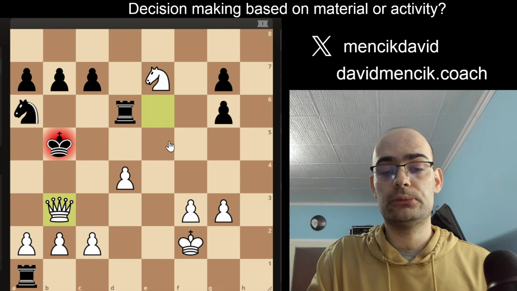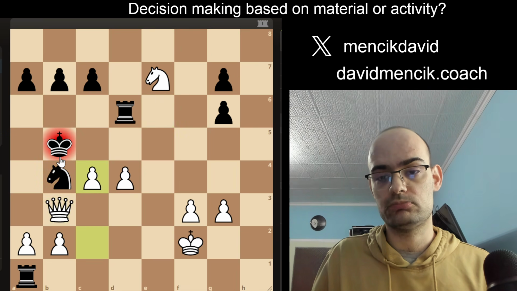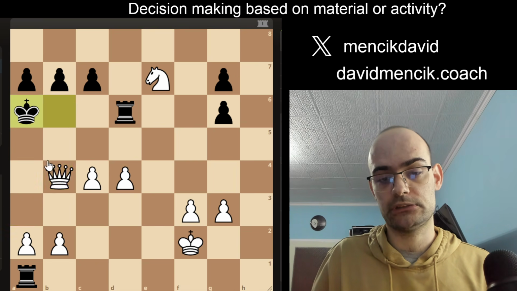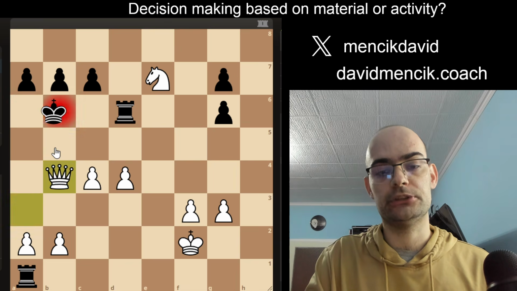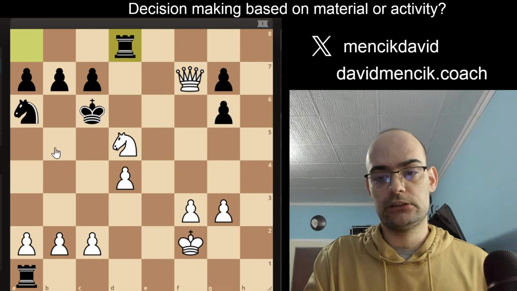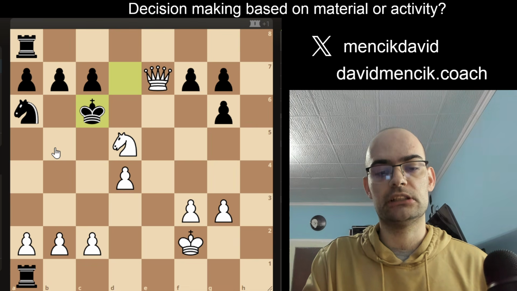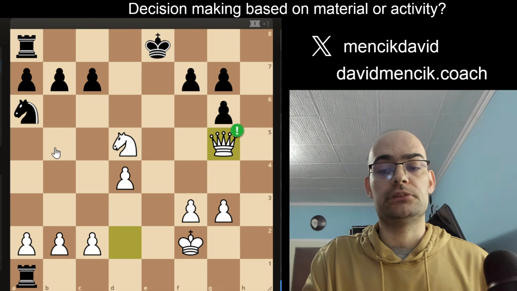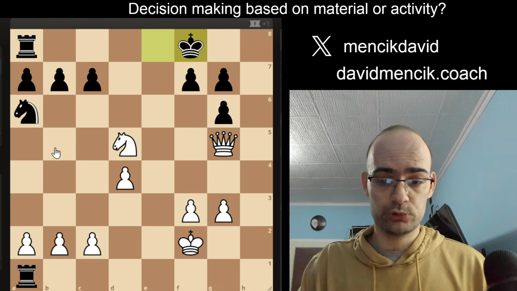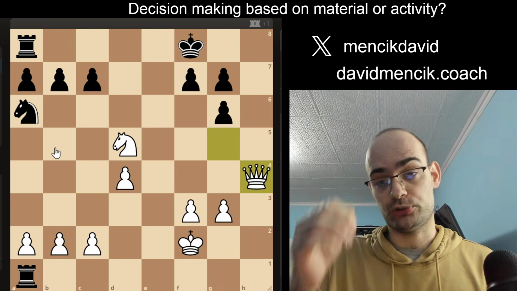Alright, so knight b4 also stops mate, but not for long. We will take the knight, and yeah, the position is quickly ending up in checkmate. Okay, so if they can't get the rook to any activity, then this king c6 move is just leading the king to more danger. King f8, and now the move that is the full point is queen h4.